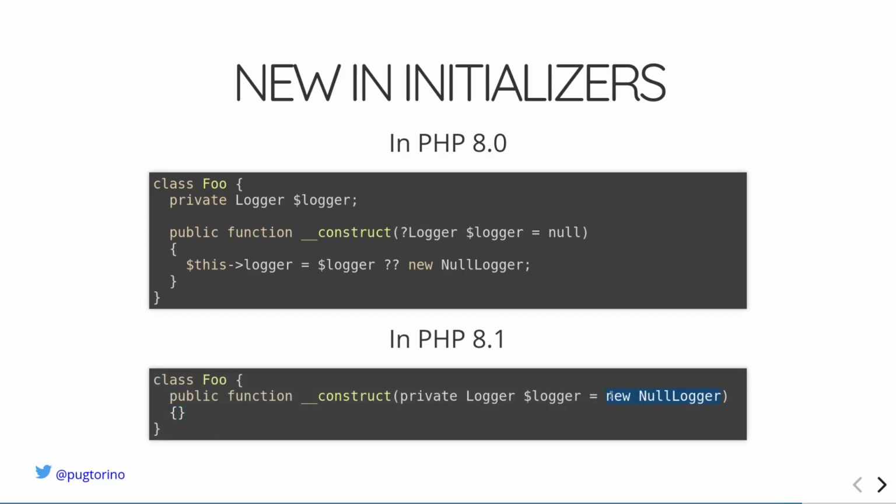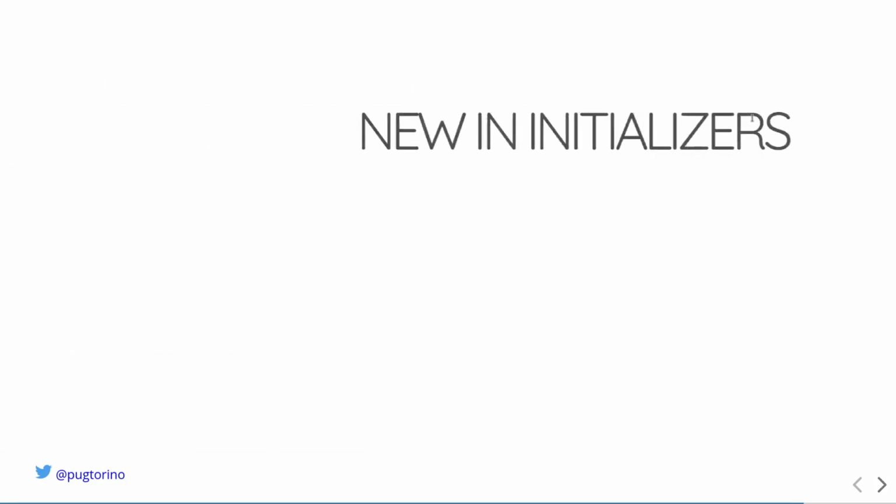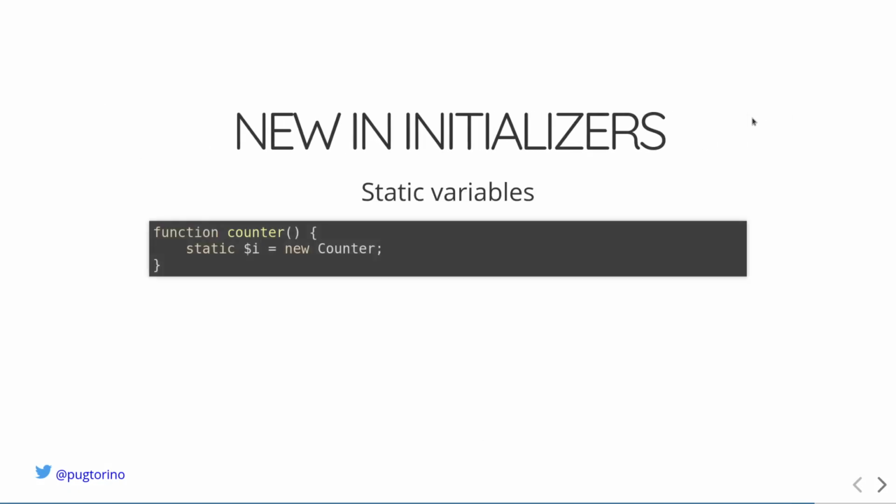So basically this means if you don't pass anything here in the logger, it will basically create a default value as an object itself. So the new, basically you can specify the new directly in the specification of the parameter, and you will save this line basically. The new initializer is not just about the constructor example. There are other nice use cases.